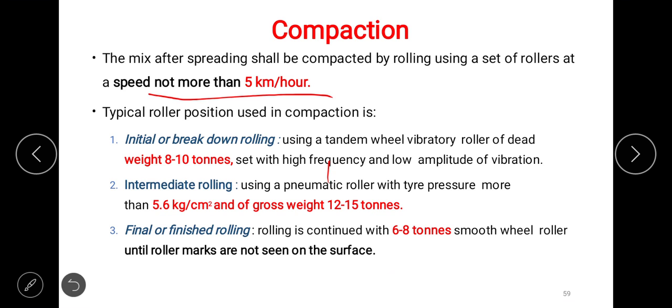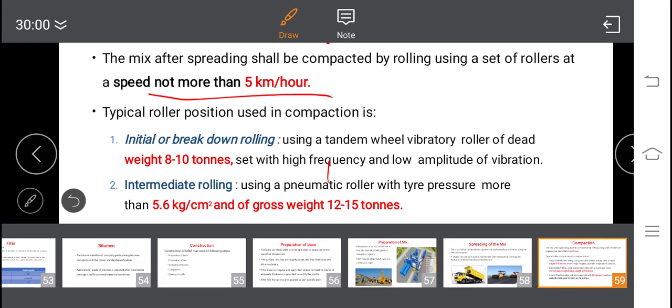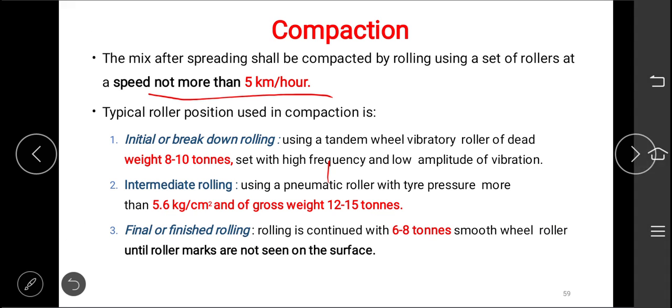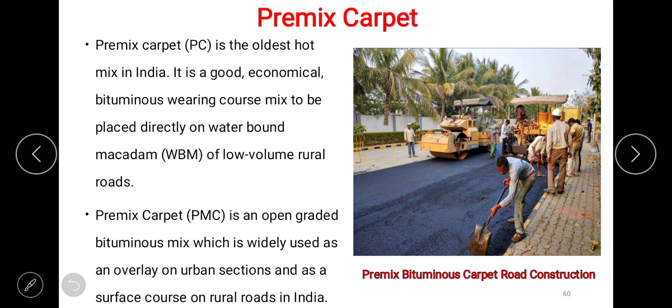Final or finished rolling, intermediate rolling, initial or breakdown rolling. So the compaction process has been divided into 3 different steps. You read and understand. If not, you ask the question during the Google Meet. I will solve your doubt or difficulty.